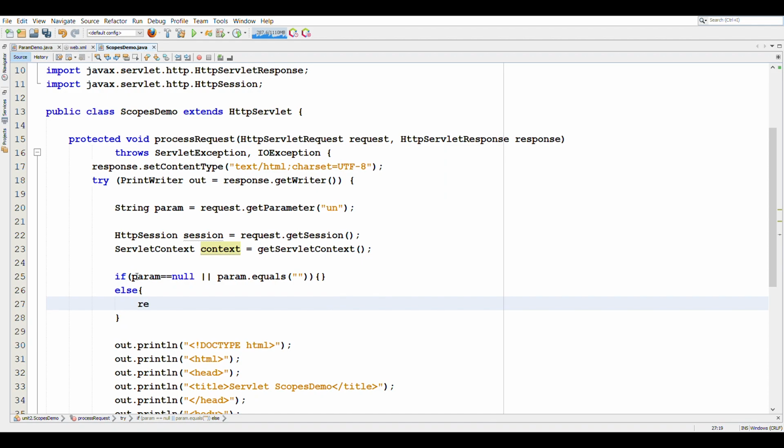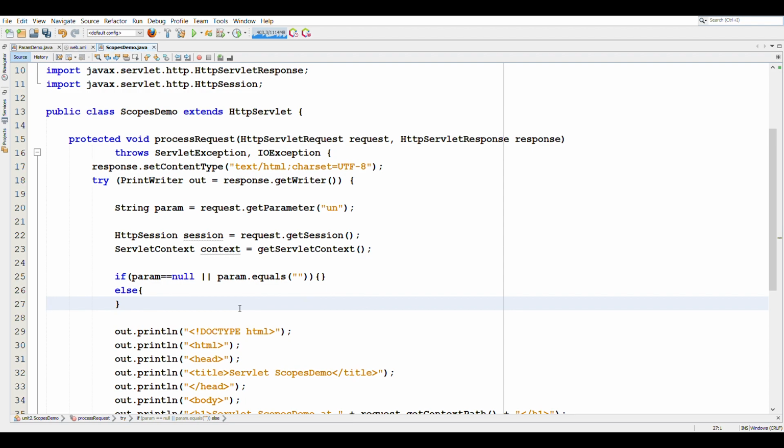We will use the request object to set an attribute. For the request attribute we will create an attribute named rAttribute.